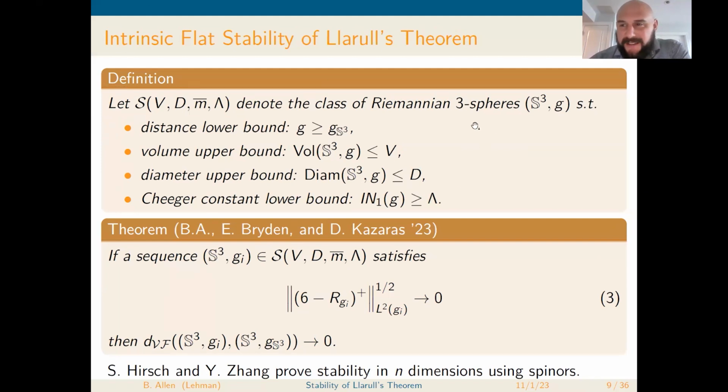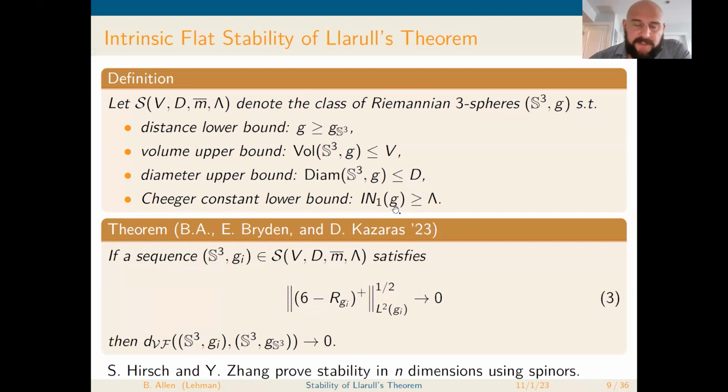So first of all, we define the class that we're going to study, right? So you have a stability problem. You have to define the class of manifolds that you're going to consider. And so we have these Riemannian three spheres. They have to have the distance lower bound, which we state in terms of the metric, but because this is a global assumption, it's equivalent to the distance. And then you need a volume upper bound and a diameter upper bound, and then the Cheeger constant lower